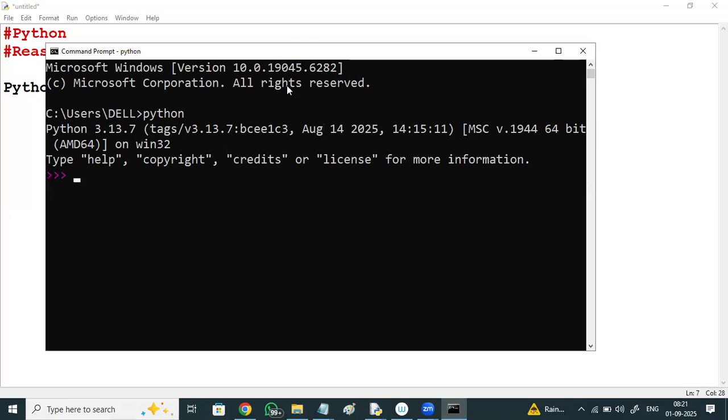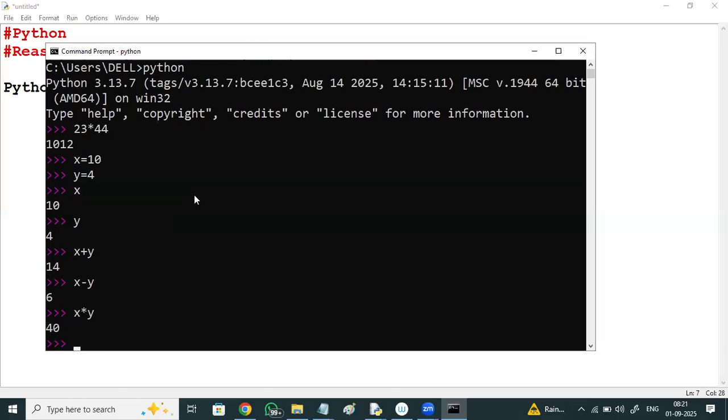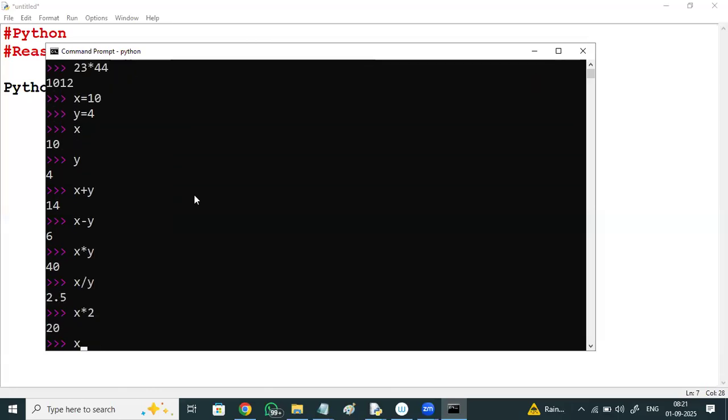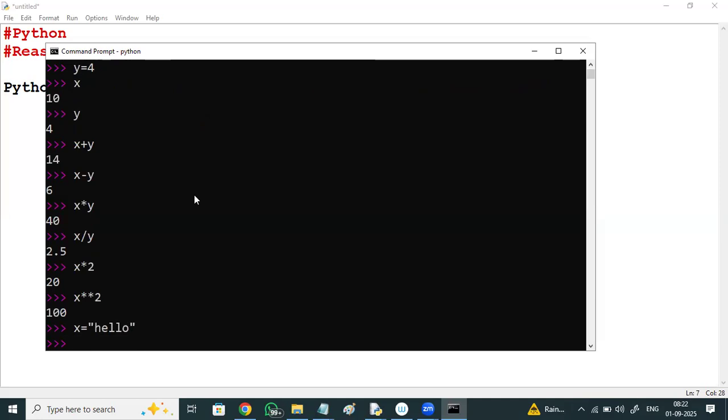I can say 23 into 44 and it gives the response. X as 10, Y as 4. What is X? What is Y? What is X plus Y? X minus Y, X into Y, X by Y, X into 2, 10 square. X equal to hello. X into 3 prints hello three times.